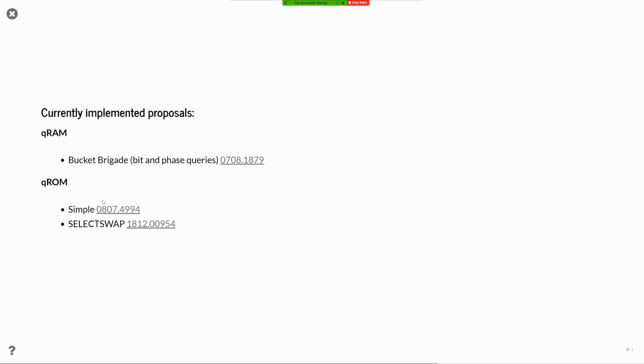These are the arXiv identifiers for the papers. So if you want to check any of those out,